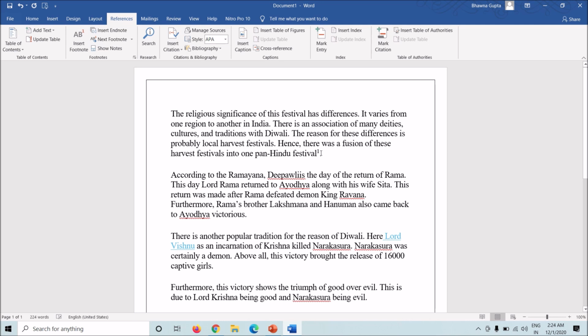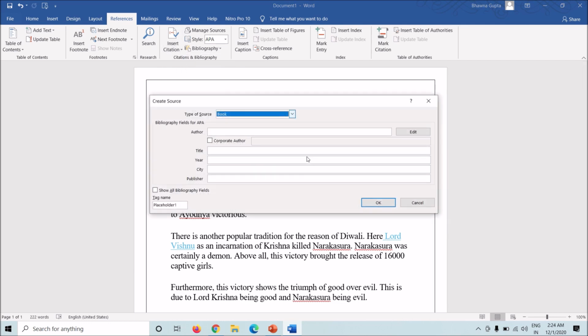However, if there's a specific citation style that you want to follow, instead of a footnote, you can add citations, which many of you might require. Insert Citation, Add New Source. Suppose this is a book, and my type of citation is APA as selected in the style here. So author, I don't know. Okay, let me just cite Jane Austen, Pride and Prejudice. It's just a demonstration.